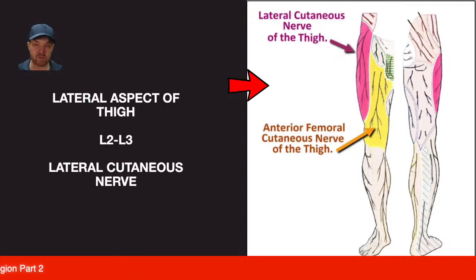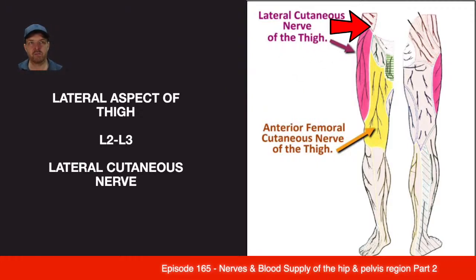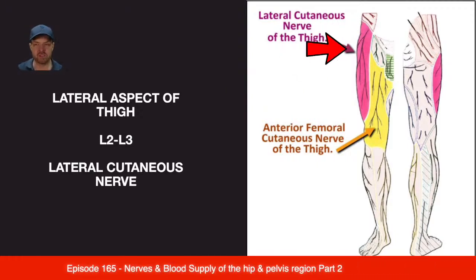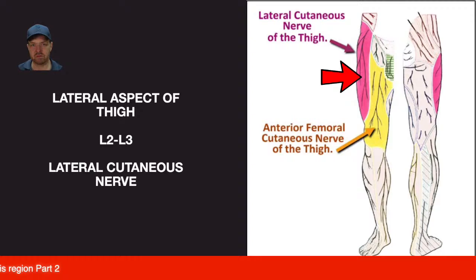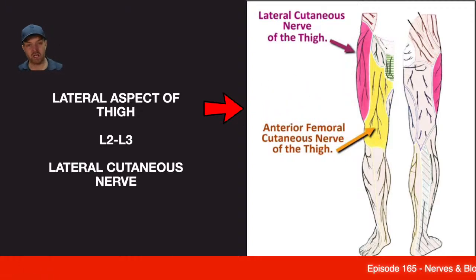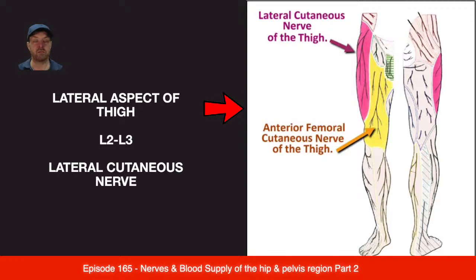Other people who get this as well, people who drive a lot, so taxi drivers and long lorry drivers, that kind of thing. Because of the position you're in, hip flexion, especially if you're carrying a bit of weight as well, then it will compress that nerve and it will make the outside of your thigh go numb. It's usually horrible to lie on, so you lie on that side at night, and then that gives you your symptoms as well. So any kind of compression,